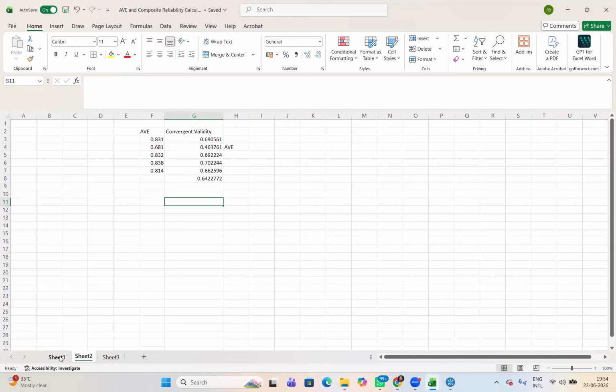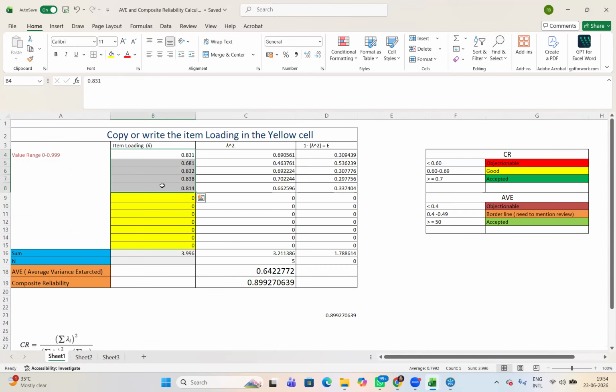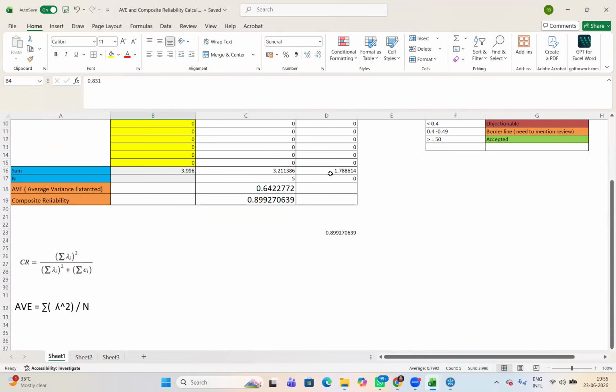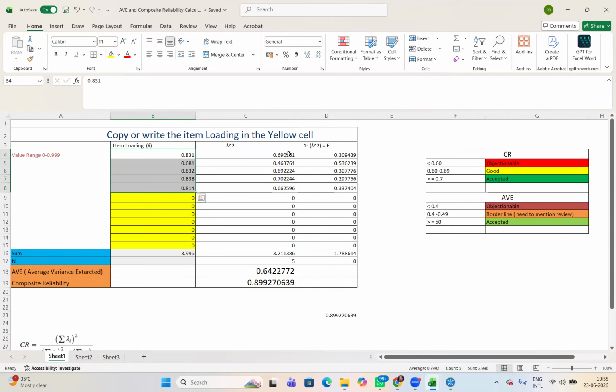The second point is composite reliability. Composite reliability is basically when you scale the loadings and eliminate the residuals. And in this way, you can calculate the composite reliability. This is for those who want very in-depth knowledge. This is how we calculate composite reliability manually, because before this, we calculated all these values manually. If you're not interested in that, that's not a problem. You just understand the basic concept.